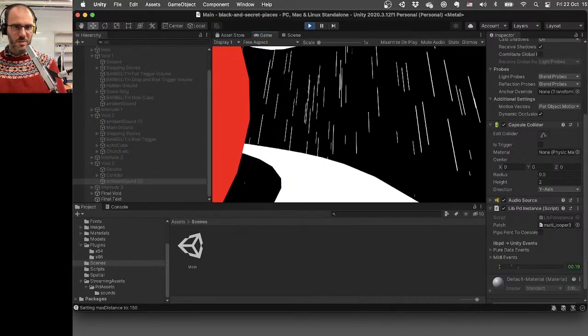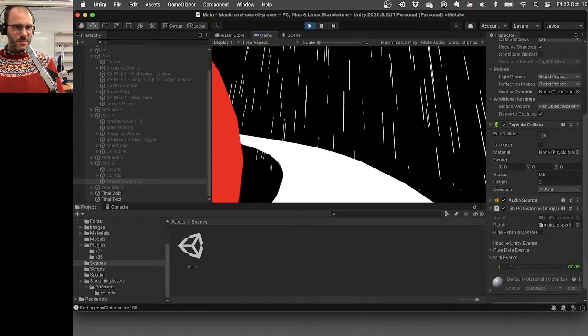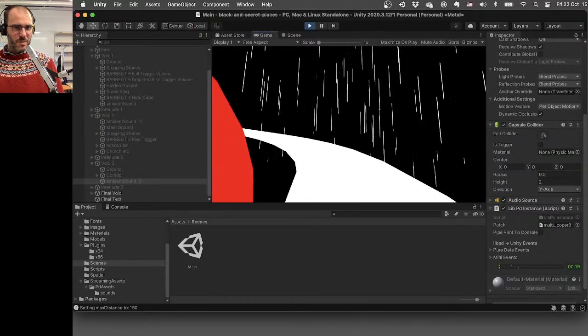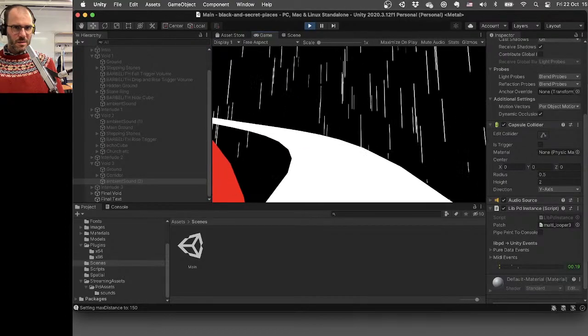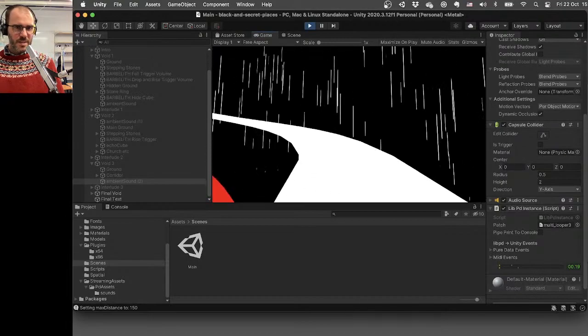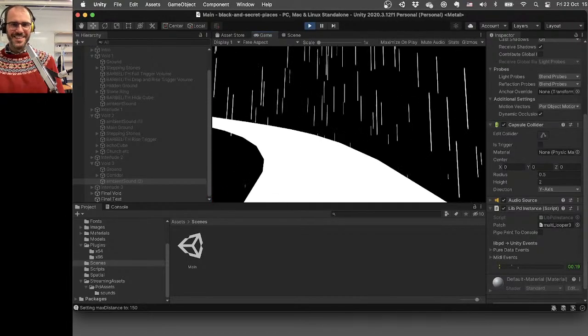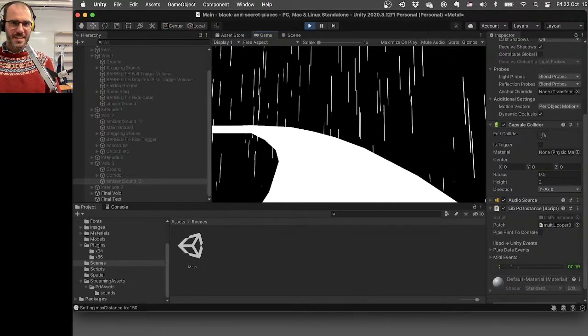I quite like the sort of dancing on the edge of stability thing that that's playing with. Yeah, so unless that's just it clipping, it could just be clipping. So I find it